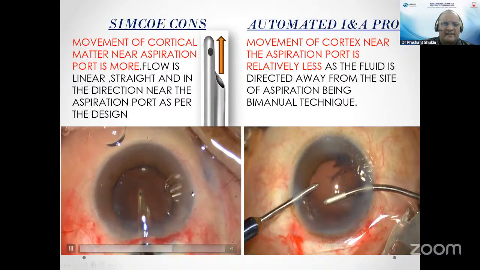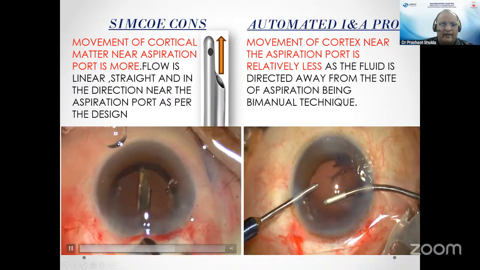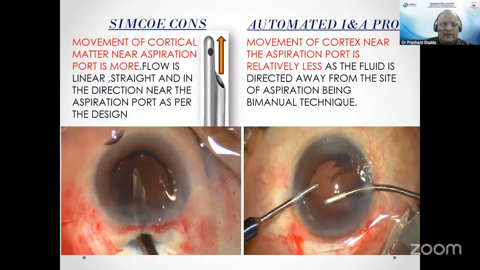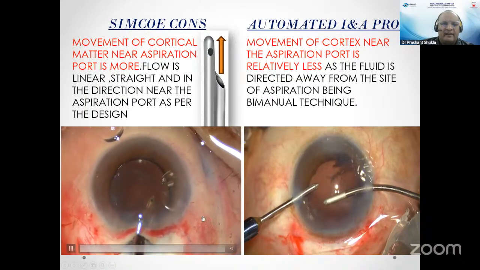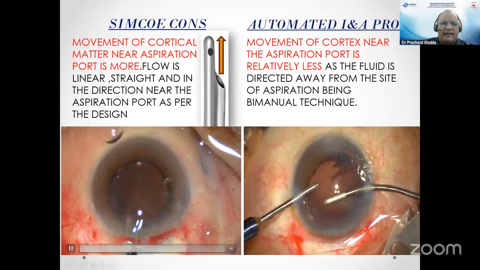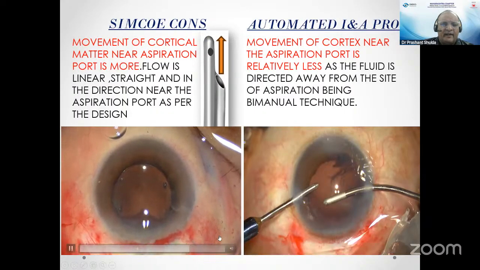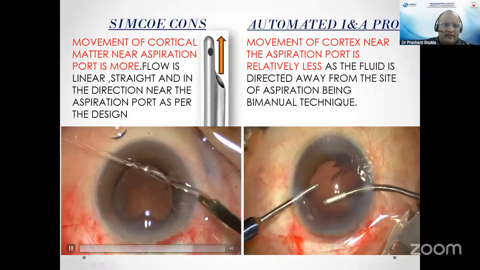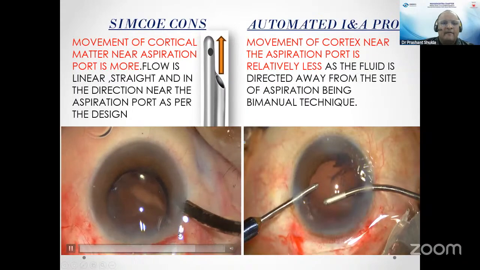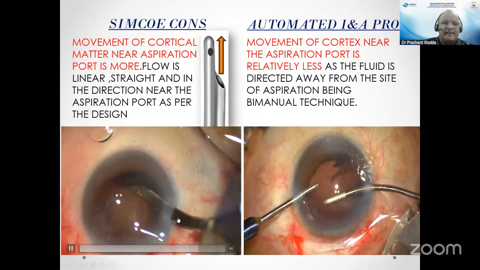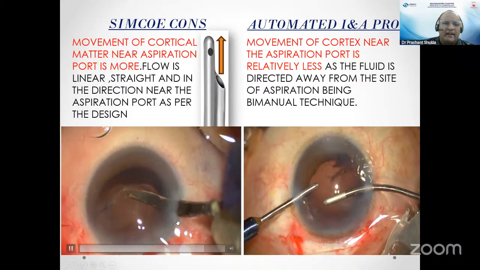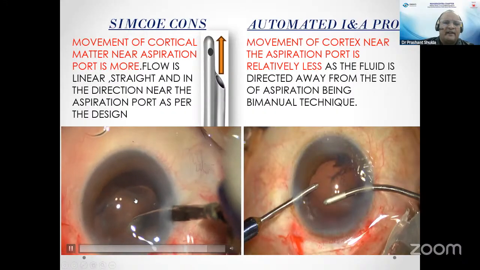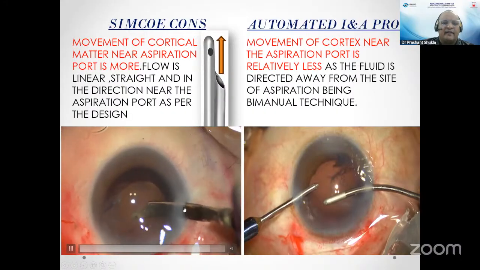Every time I was going near the cortex, it was disappearing. So I thought, let's change the direction of the fluid away from the cortical matter. That can only be done while we use the Simcoe from the side port. So I'll be taking the Simcoe from the side port and changing the direction of the fluid away from the cortical matter. When we have a big cortex, it is easy. In a small cortex, this makes some trouble. Now I can remove it so that the fluid is directed away from the cortical matter,